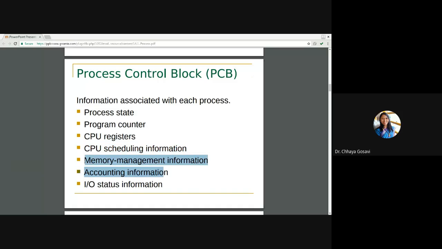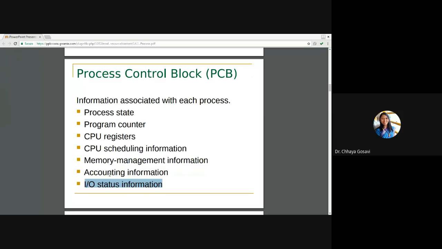Then memory management information: how much memory is allocated to this process and how much more it may require for execution. Other accounting information: free space, CPU time utilized, etc.